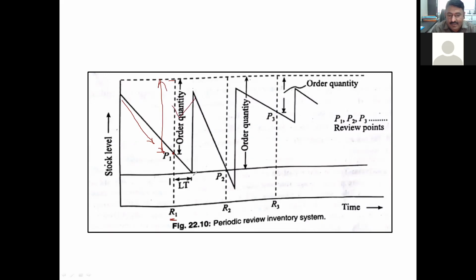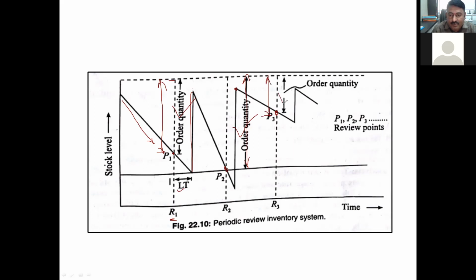Again, this is the lead time. After this quantity, it will again reach this level after ordering. Again, you will start. Again, at this point, we will go for ordering. Again, what order quantity is required? This is the order quantity. It is completely shown. If you order this much, it will go up to this level. Again, consumption will start at this point. Now, what is the quantity required? Only this much.